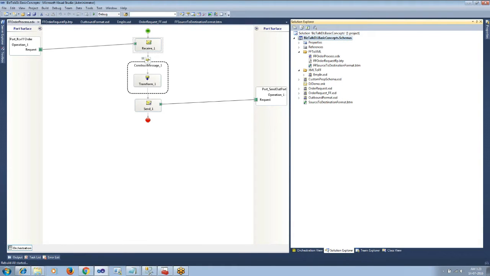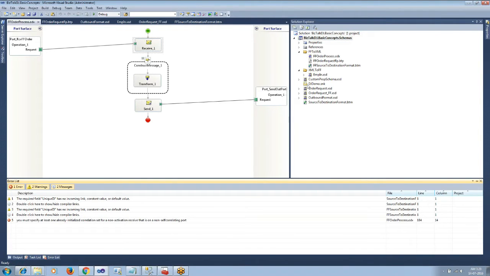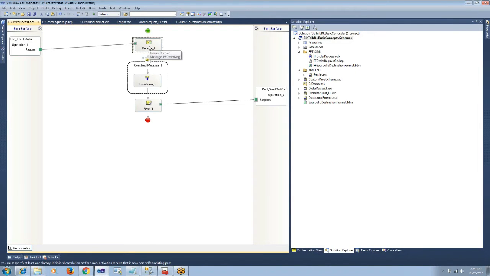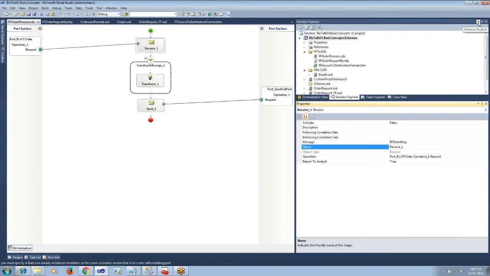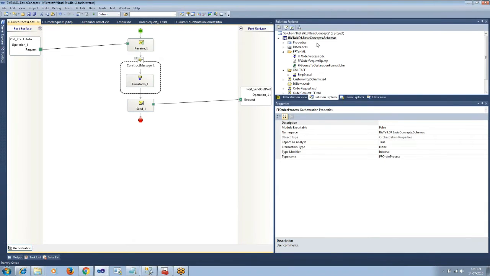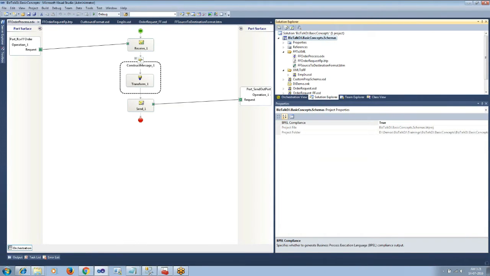Let's build and deploy the solution. And we are getting an error. This is because the first receive shape activate property should be set to true. For any orchestration, we should set the first receive activate property to true. Now let us build and deploy the solution,